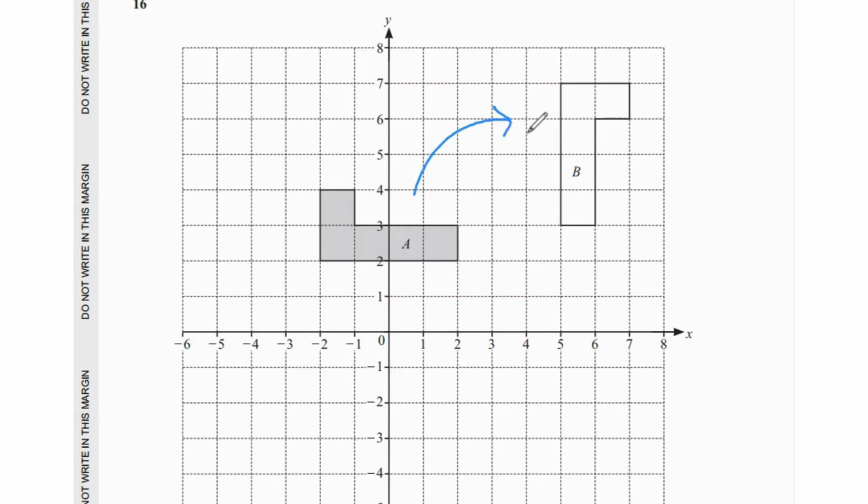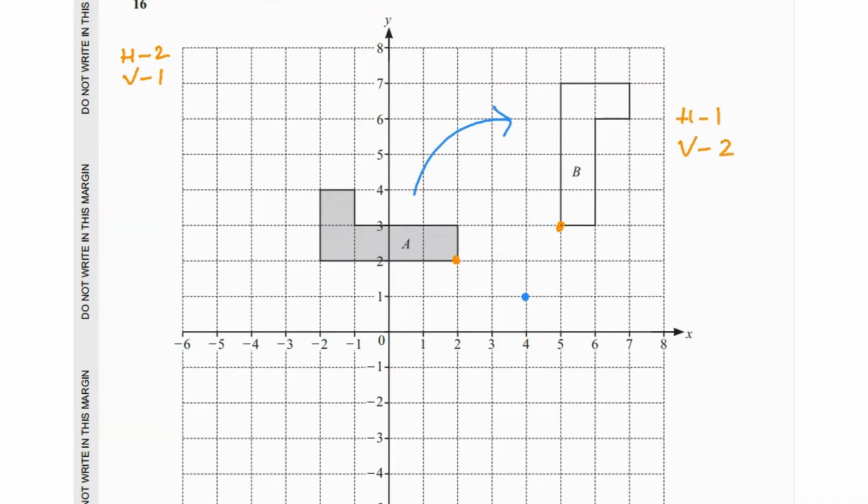Next thing we need to establish is what the center of rotation is. For the center of rotation, I think it's going to be x equals 4 and y equals 1. Why? Because if we pick the same point on shape A and shape B, we can see that for shape A, this point is horizontally 2 units from the center and 1 unit vertically. So horizontal 2, vertically 1. Whereas for the same point on shape B, it's 1 horizontal